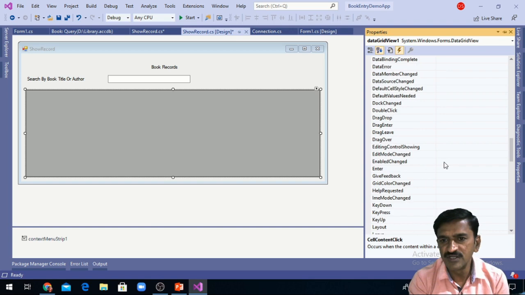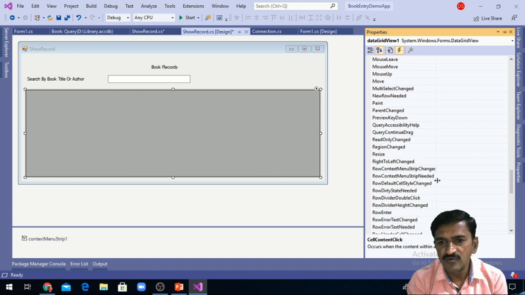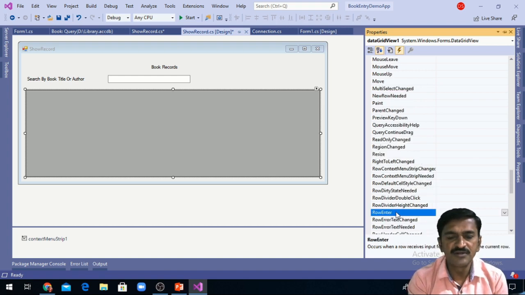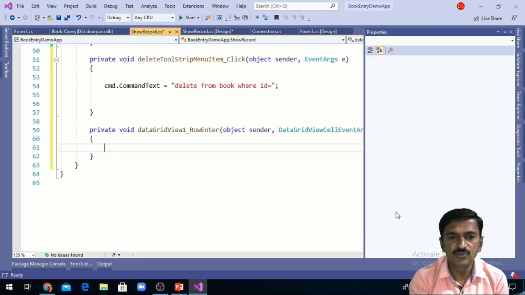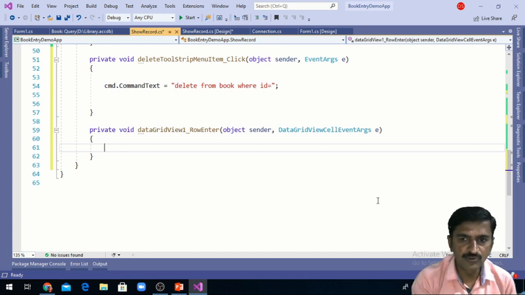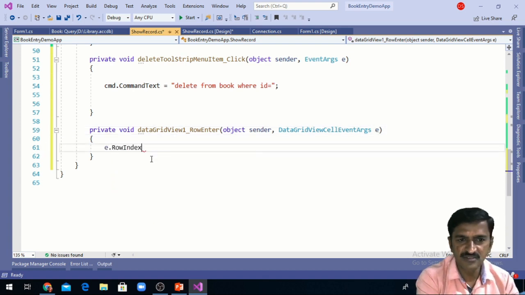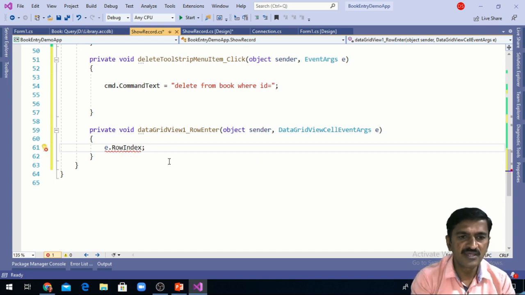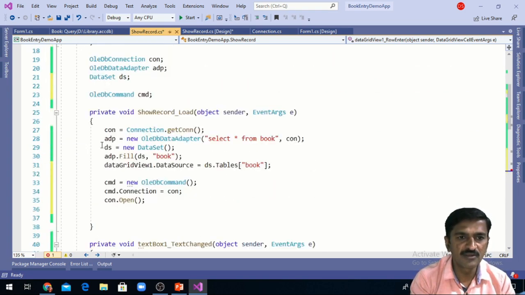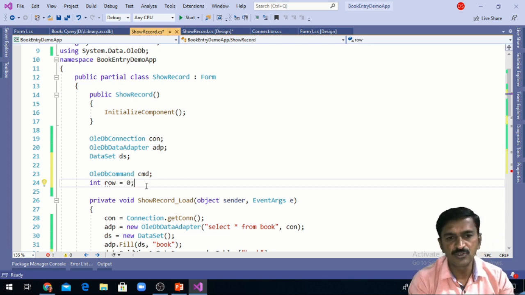So here is the row enter event, and I am double clicking on it. Once the user selects a particular row, I can find the row index by using this e object, e.RowIndex. I need to assign this value to a global variable. So I am going to declare one global variable as integer row is equal to 0. I am going to initialize the row as 0 first.